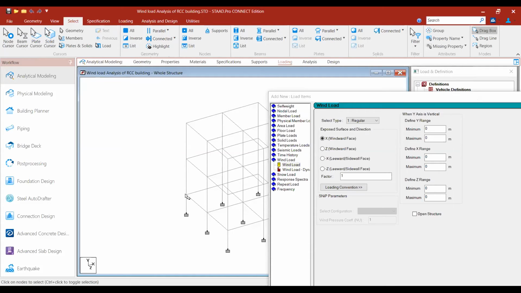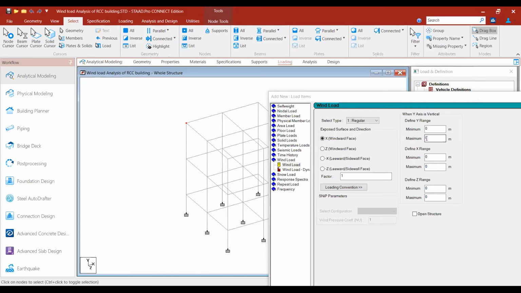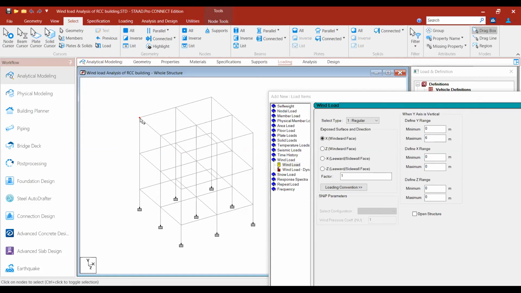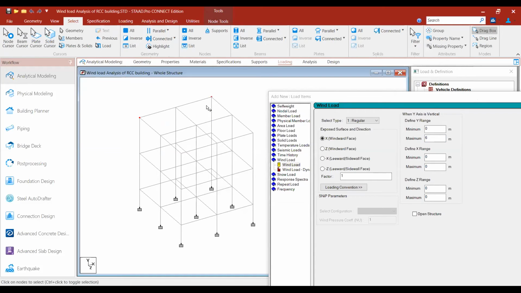If you click the node, the value of X is 0, and here it is 6 meters. So the Y range is 0 to 6 meters, and the value is 0 and 6.